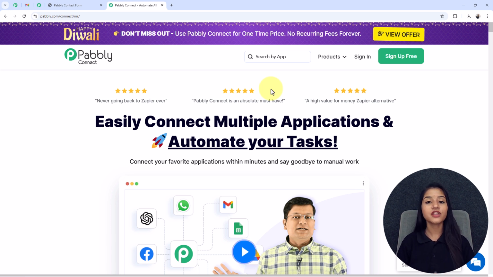Pabbly Connect is an all-in-one automation tool that helps you to automate and integrate multiple applications without requiring any single line of code. If you are a new user, then you can click on the sign up free option and get 100 free tasks to explore the software. Since I am an existing user, I am clicking on the sign in option and going to the dashboard